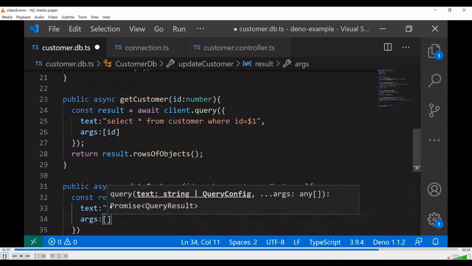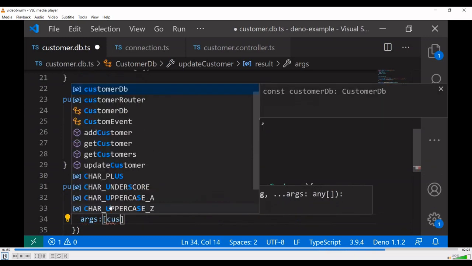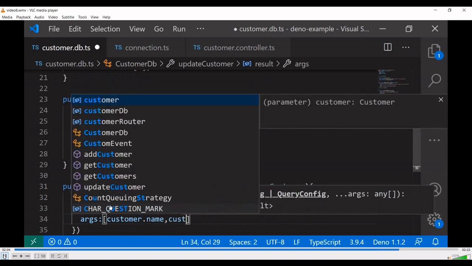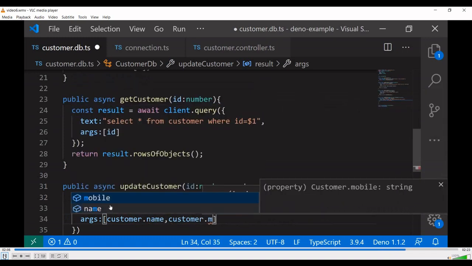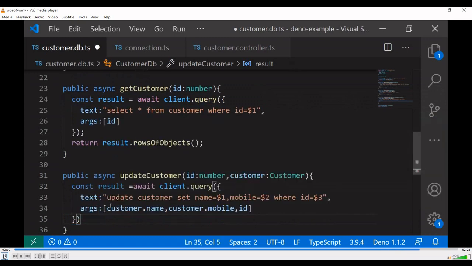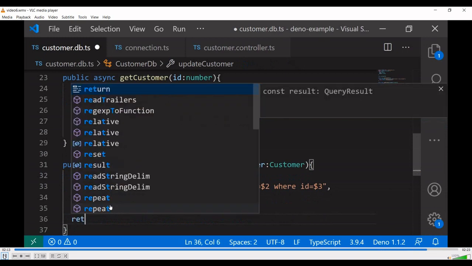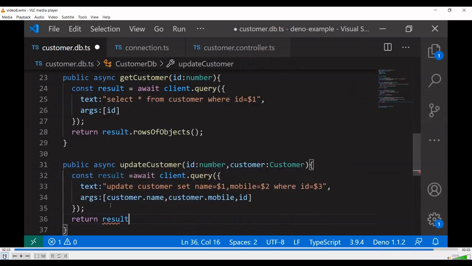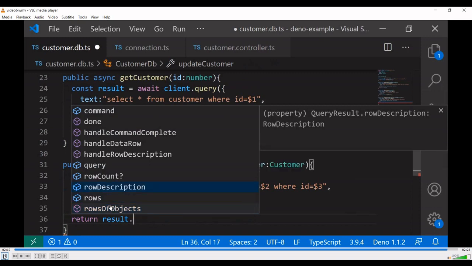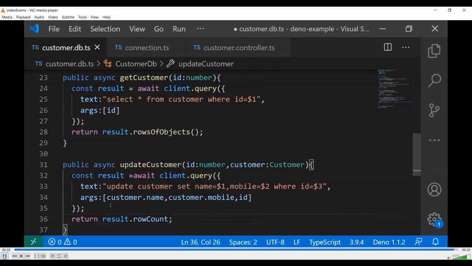The arguments are name, mobile followed by ID. I'm just returning the row count to showcase how many rows have been affected. In our case, it will be a single row. If it is based on some other queries, it can be a number of rows. The row count will display how many records have been updated.